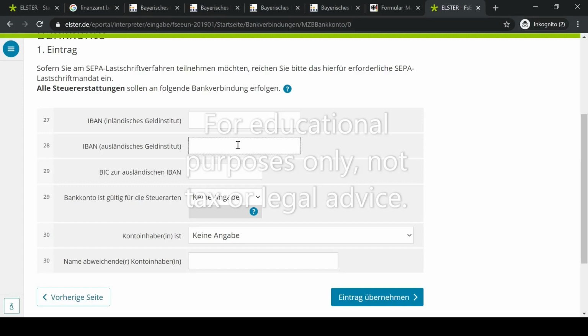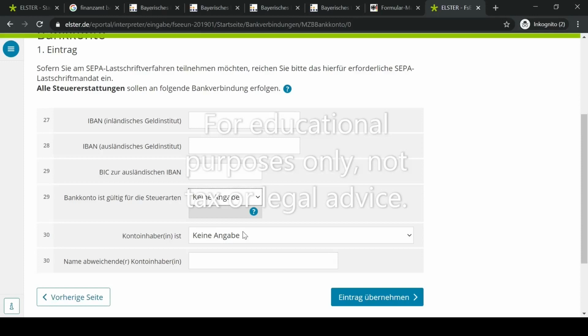The next point to check is the Gültigkeit einer Bankverbindung, meaning the validity of a bank account. You have the following options for refunding taxes. The first option is to provide a bank account for all tax refunds. The second option is the specification of a separate bank account for the reimbursement of personal taxes, for example, income tax, and a further bank account for the reimbursement of operating taxes, for example, sales tax, wage